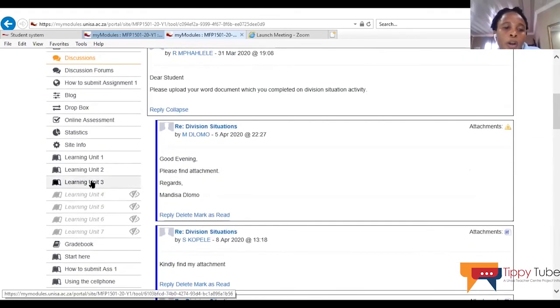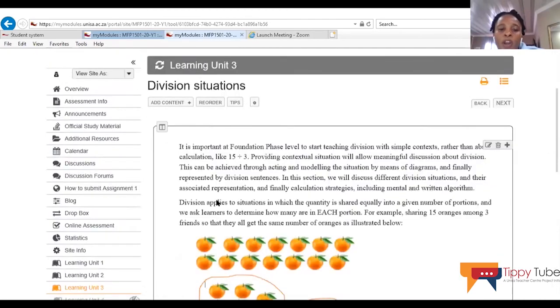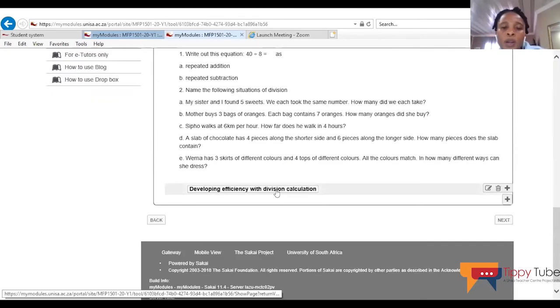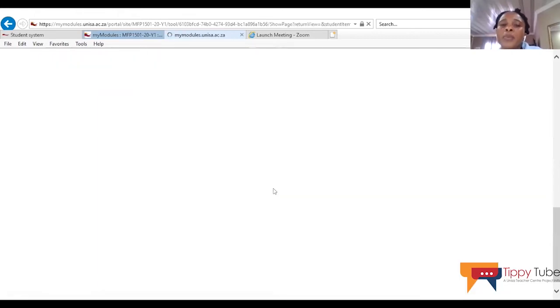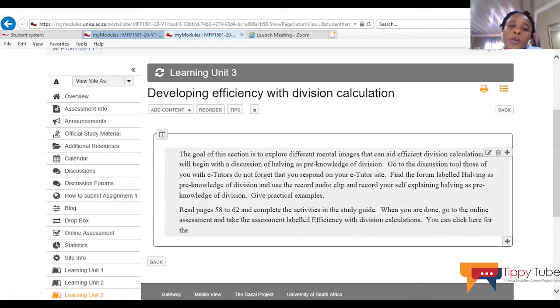So we're still on Learning Unit 3. When you are done with this activity, you can go on to Developing Efficiency with Division Calculation. Either you can click this tab or you can click Next. Whether you click here on the Developing Efficiency tab or you click on Next, you'll be directed to the next page. Here, in Developing Efficiency with Division Calculation, we give you the goal of this section,